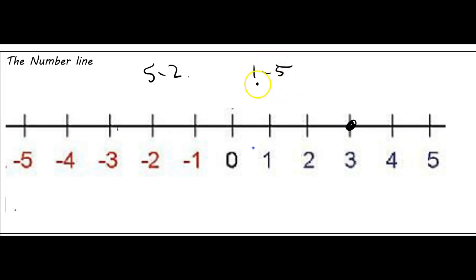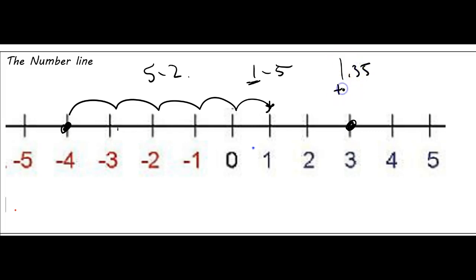If you didn't know that, this is a +1, so start at +1, and then it's take away 5. So we need to go backwards 5 since it's a minus. 1, 2, 3, 4, 5. So you should have ended up right there. The next one is